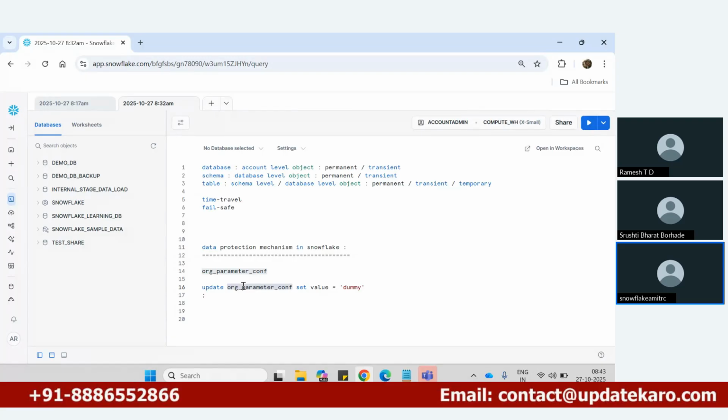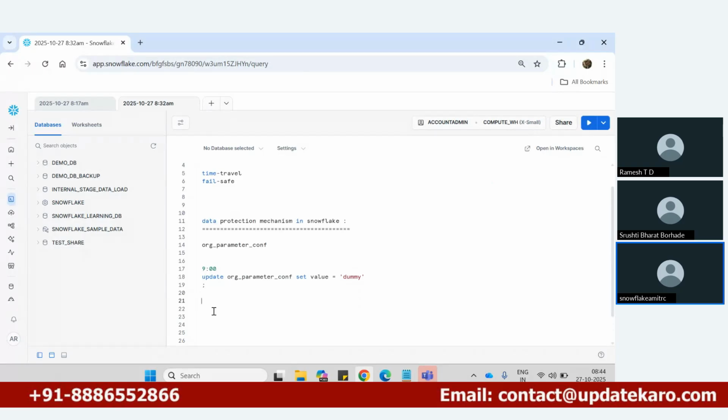the old version of the table. For example, let's say you have executed this update statement at 9 o'clock in the morning. You can utilize the time travel feature to retrieve from history what the table was before 9 o'clock. Because it is protecting your data, we call it the data protection mechanism of Snowflake. Now, how is this going to be possible? Because